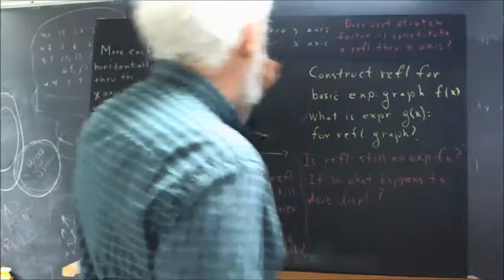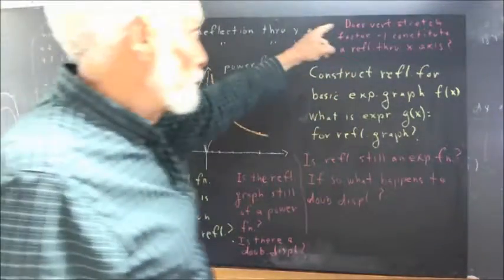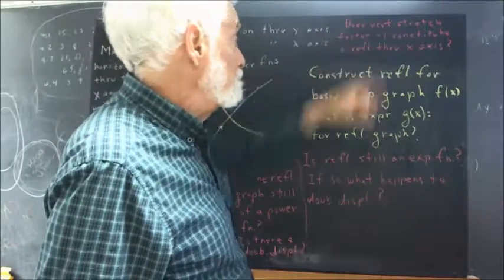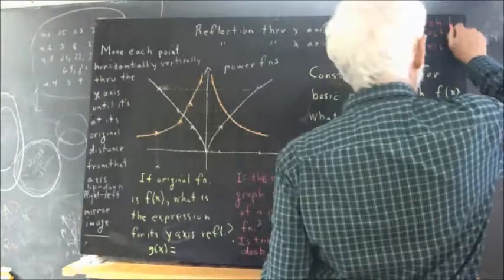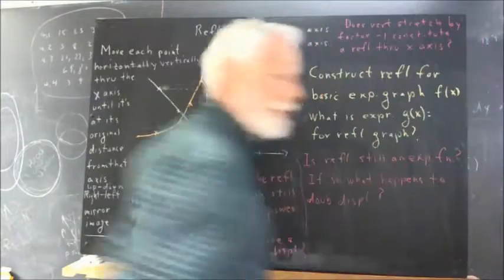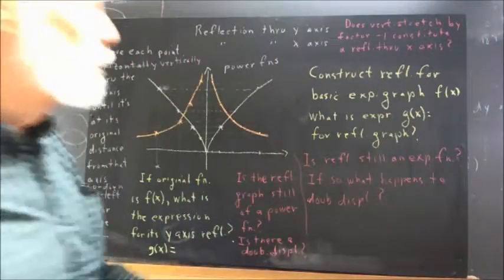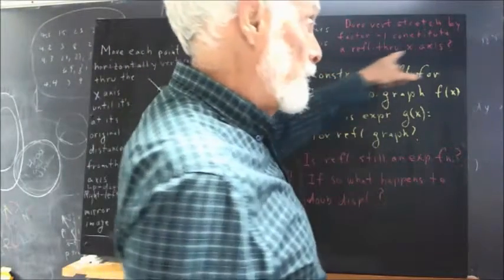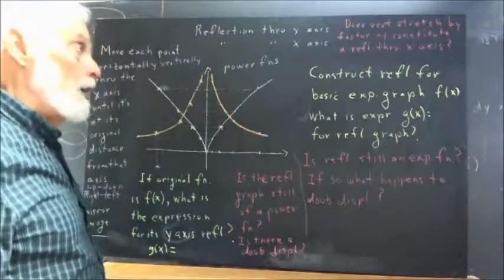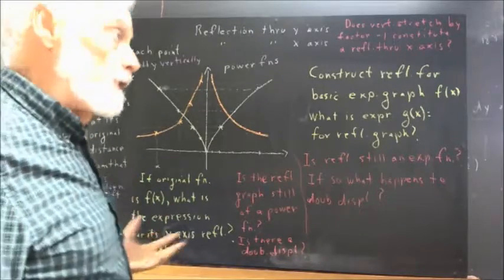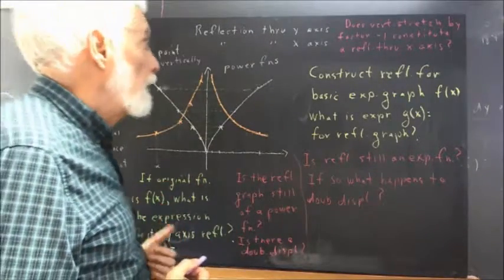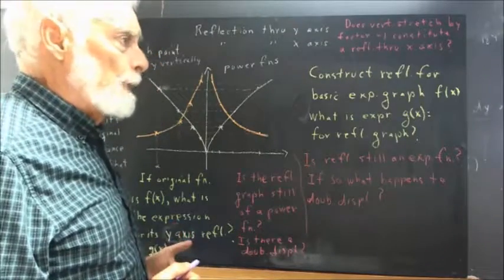The question is, does a vertical stretch by factor, and I guess I should have the word by in there, vertical stretch by factor -1 constitute a reflection through the x-axis? Now remember, a vertical stretch is generally defined, when I defined it, as what happens